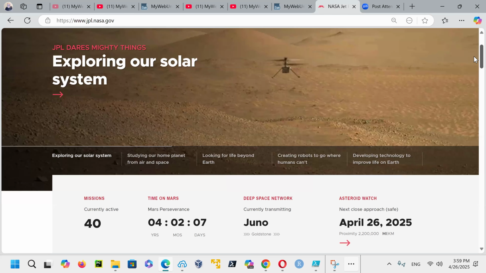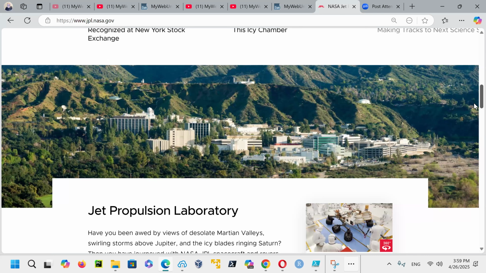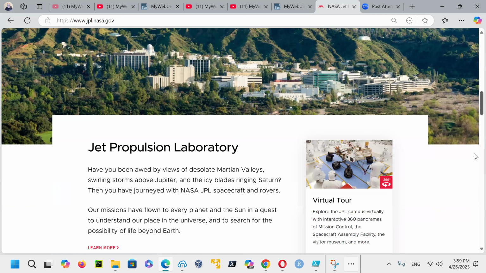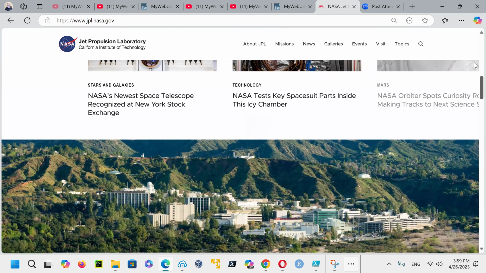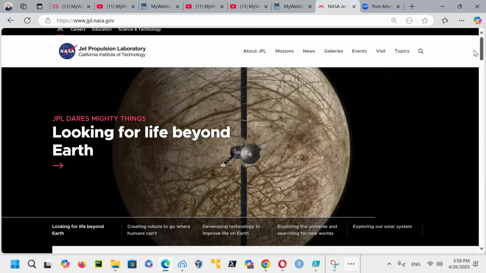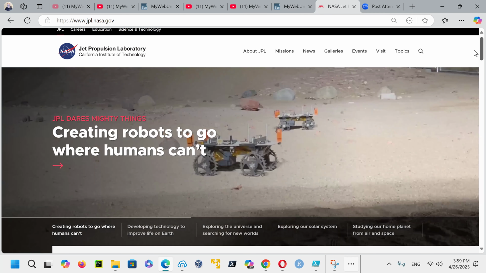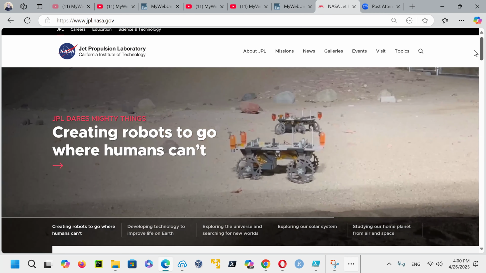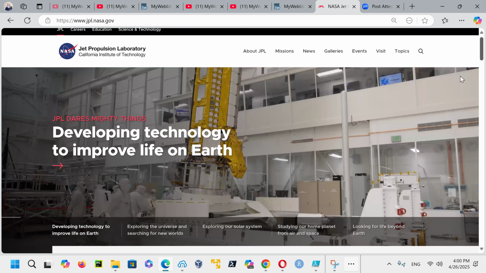I have done a lot of work for Jet Propulsion Laboratory, and each of these projects that we were successful, I was involved, and thank God I was involved, and I thank God we were all successful. We all did great work. There's a lot of professional individuals that make things happen, and they're mighty things. And I'm very proud that I have been honored to work there. And God bless all of them.